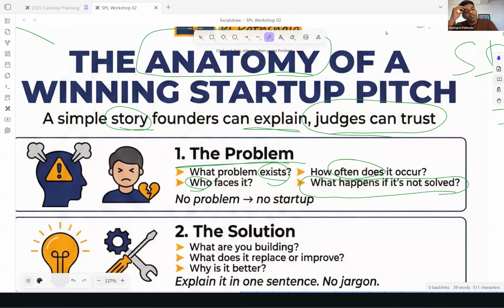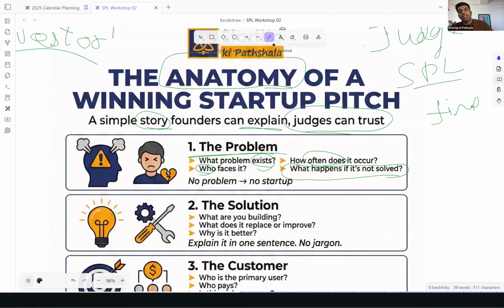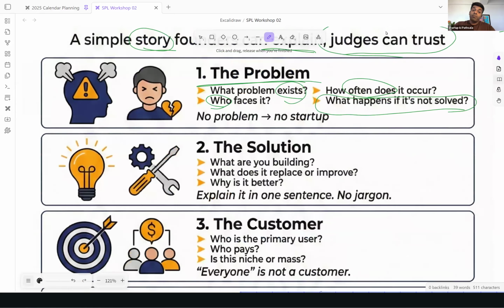जनरली क्या हो जाता है कि वी थिंक अबाउट अ सॉल्यूशन, देन हम लोग बोलेंगे "यार, ये सॉल्यूशन आ गया, आई विल ट्राई टू गो सेल दिस सॉल्यूशन टू द कस्टमर्स." No, it's the other way around. Figure out the problem, fall in love with the problem, try to solve the problem, because your solution might or might not work but the problem remains there, right? So the first takeaway is the problem part.